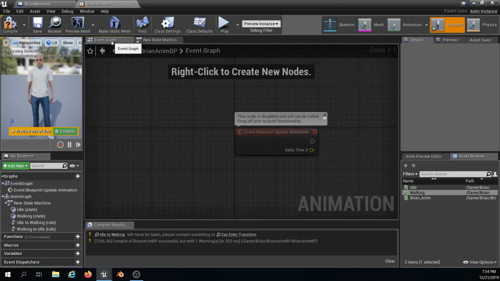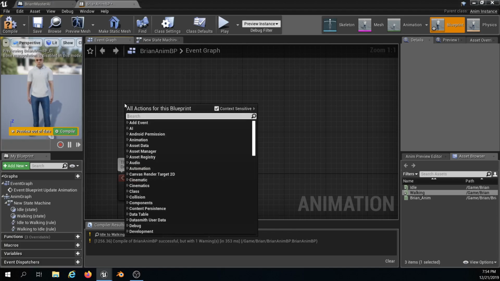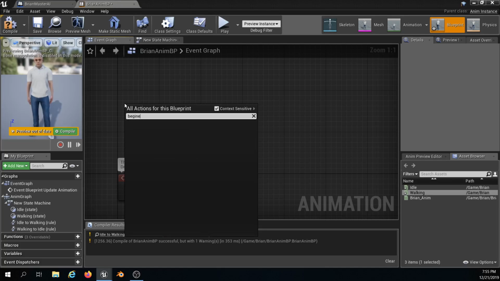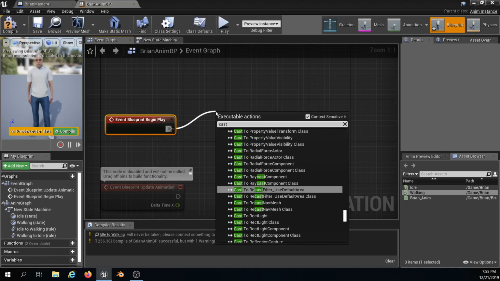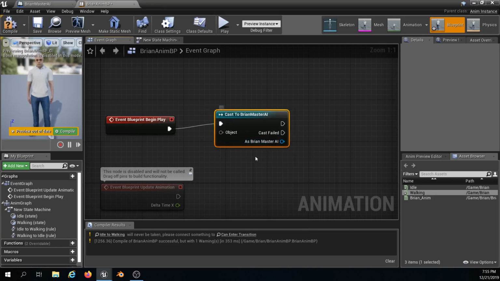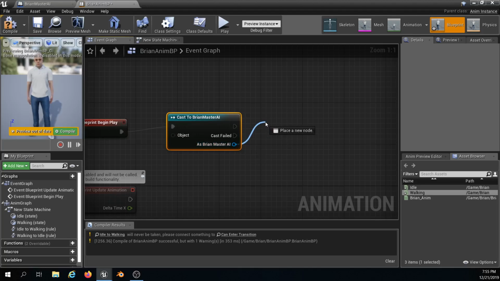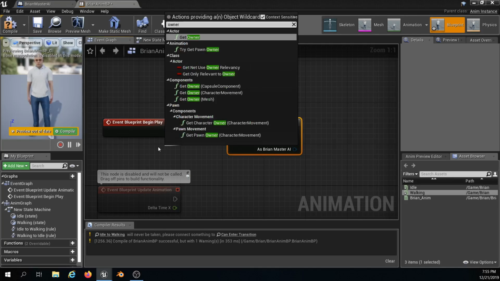In order to do that, we are going to go to the event graph, and what we want to do is to check if Brian is moving or no. In other words, we are going to check if the speed of Brian is 0 or not 0. In order to do that, let's start with an event blueprint begin play, and we are going to cast this to Brian master AI, and then we are going to get the object and try to get the owner of this pawn. So the function try get pawn owner,